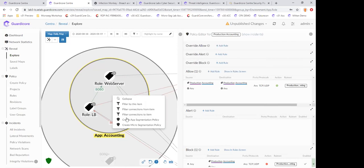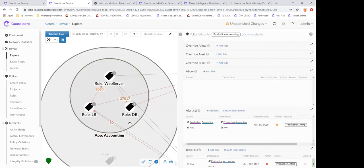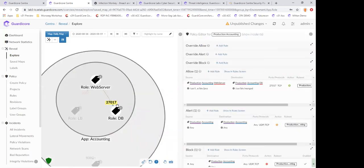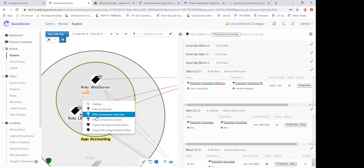Now I'm going to choose micro-segmentation. And what you're going to notice in this reveal map is that all these lines internally turn orange because we created the policy that says production accounting is allowed, but we're going to alert on it. Now it's up to me to come in here and say, add allow rules. And you'll notice because I have an agent on both sides, we take it all the way up to that layer 7 process. So the web server's Java process can talk to the accounting database's Mongo daemon on 27017. Now when I do this over here on the load balancer,